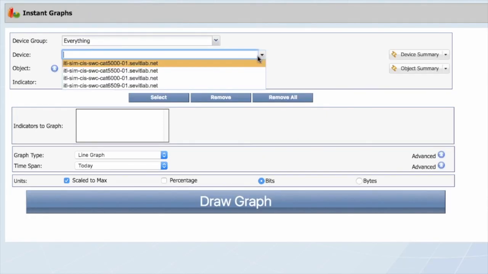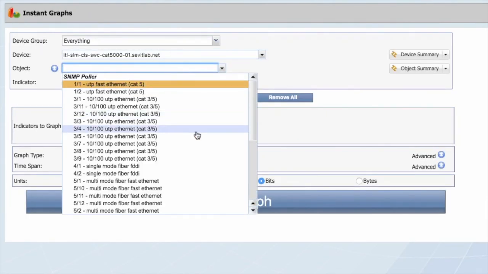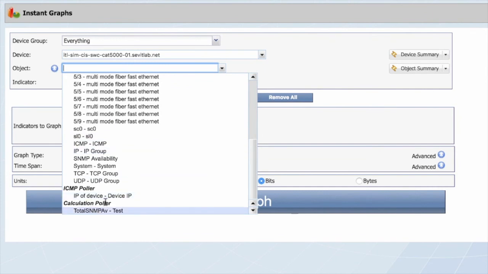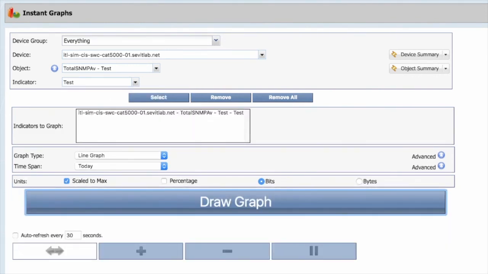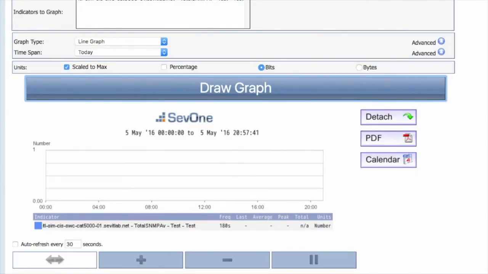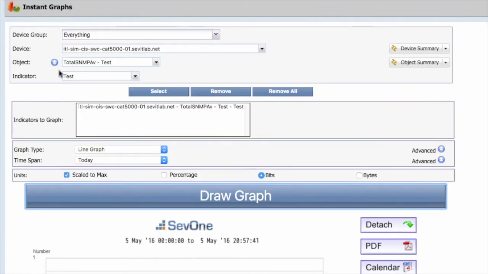So I'm going to go ahead and select our device. Into our object, if you go all the way down, you'll see our calculation polar, total SNMP availability test, indicator type, test. If we select it and run it, naturally you won't see any data because we just added the device and it hasn't had a chance to poll, but you can see that we have correctly configured our custom calculation, and that it has the indicator type name, test, and the object that we created, total SNMP availability test, and that it is available underneath that